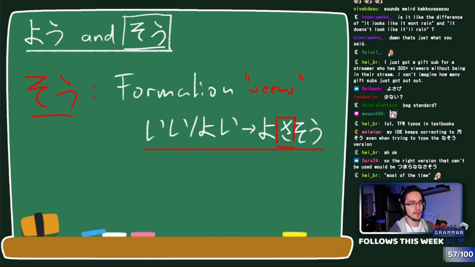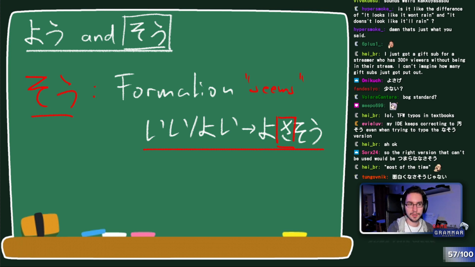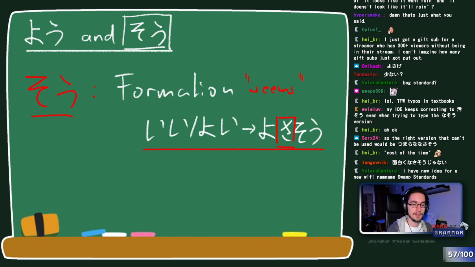All right, I want to talk about one more thing with so. What we just looked at is using so to make statements about how subjectively something seems to you. Like you're observing something and making a judgment based on that observation. Okay? So, like, 難しそうな本だ, that seems like a difficult book. You maybe have read a few pages or something like that. You're just making an assertion. This is not a statement that is done with 100% certainty, but it's a statement about how it feels to you, how your judgment at the moment works out. 面白くなさそうじゃない